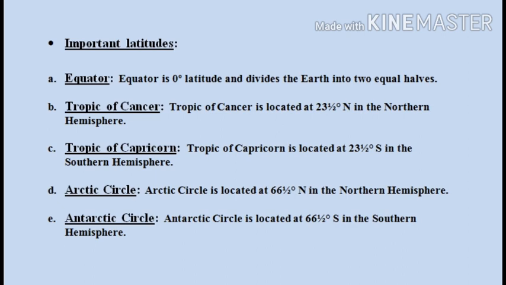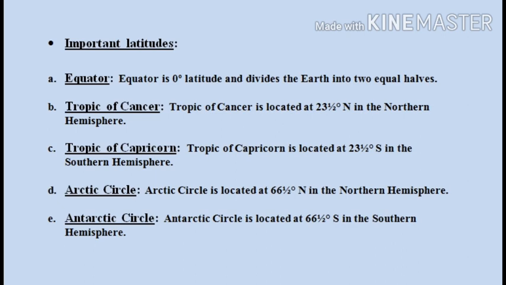Then after we learn about the important latitudes. So we have five important latitudes. One is equator, that denotes 0 degree. Then Tropic of Cancer, that is 23.5 degree north latitude. Then Tropic of Capricorn, that is 23.5 degree south latitude. Then Arctic Circle and Antarctic Circle. So these are the important lines of latitudes, and with the help of these lines we divide our earth into